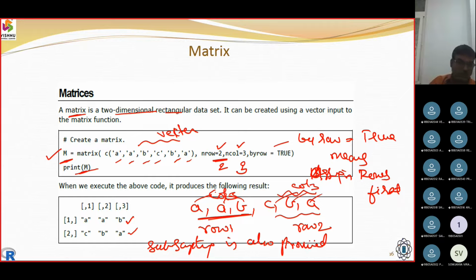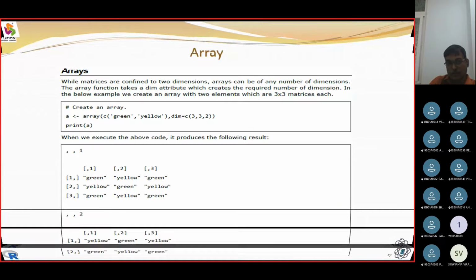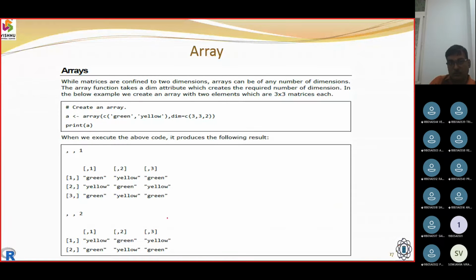So what does subscripting mean here? I want to identify the 2, 2 position. I can take advantage of this and get 2, 2, that is the second row and second column. So directly I can identify the element which is going to be displayed in this matrix. The next thing was the use of arrays.